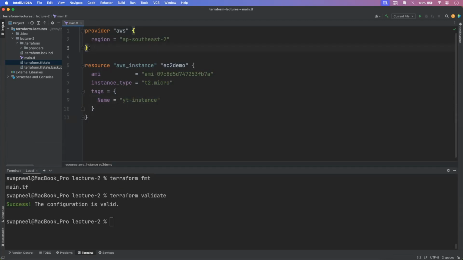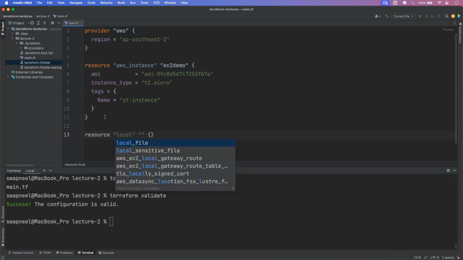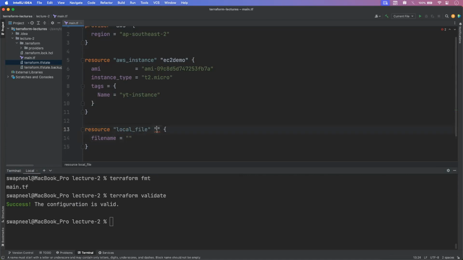So here we are using only one provider, that is AWS provider, but it is not necessary to use only one provider. You can use multiple provider as per your requirement. To demonstrate that, let me create a new resource. So here I am creating new resource with the provider as a local and it is going to create file. Okay, so local is a provider and resource it is going to create is file. So next you need to provide the resource name. So here I am giving name as a demo and it has an argument which is file name. So I am giving name as a ytdemo.txt